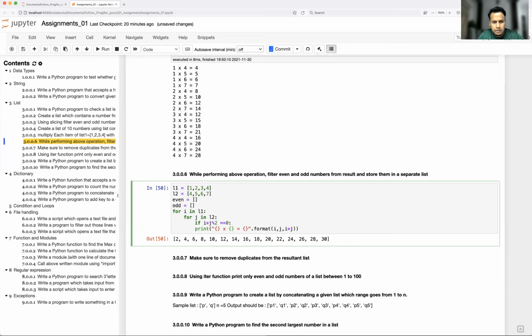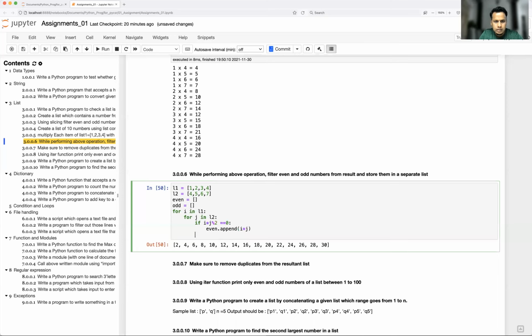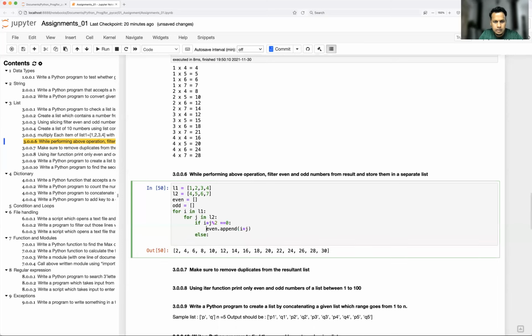So instead of printing, I will do even dot append i into j, else odd.